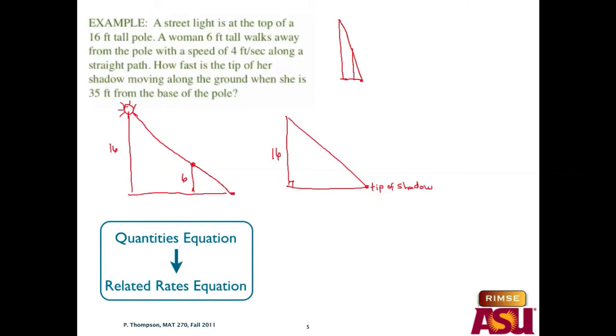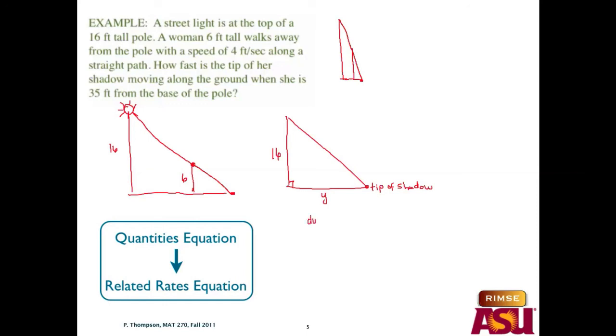Whatever length this is, it's varying. But if I call the distance of the tip of the shadow from the light pole y, then I can talk about